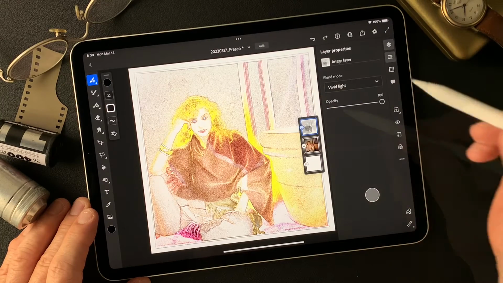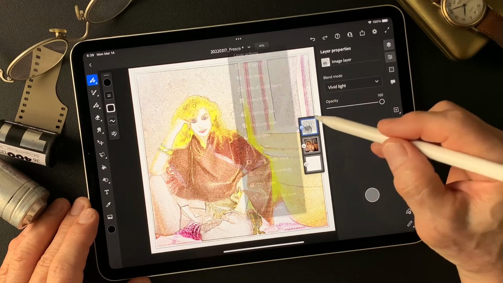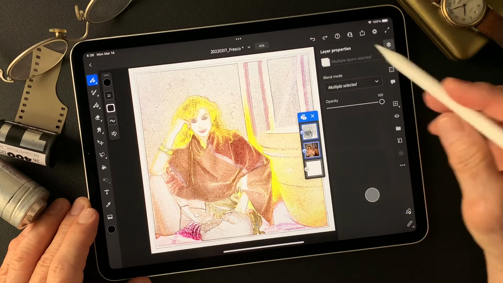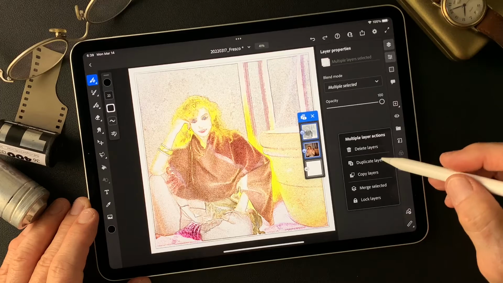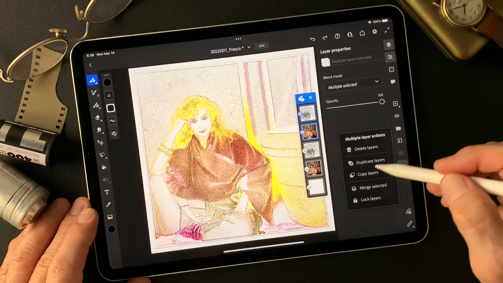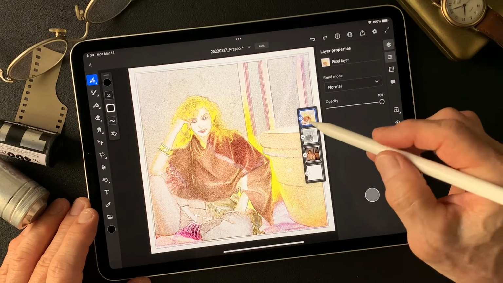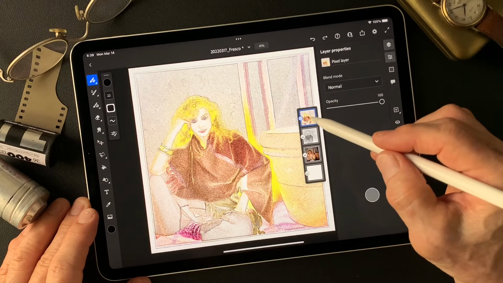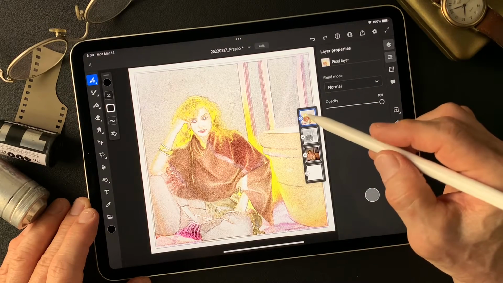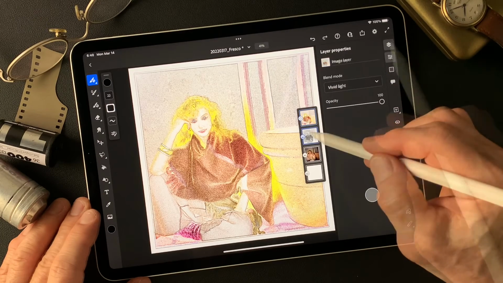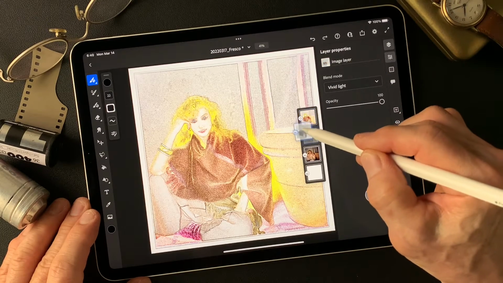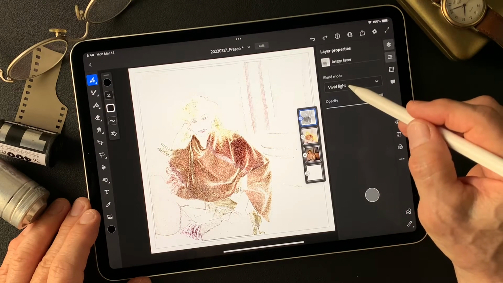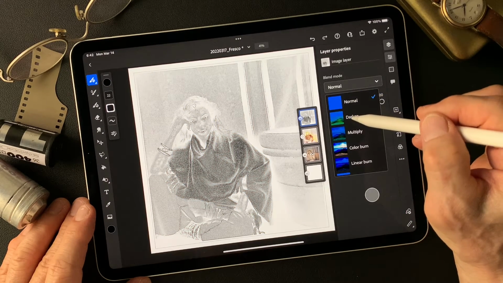That's interesting. Okay, I'm gonna select multiple, then duplicate layers and merge selected to get one image already. Alright, now this is the base image. Then, okay, move this pencil drawing type image on top. Then let's see, change blend mode to